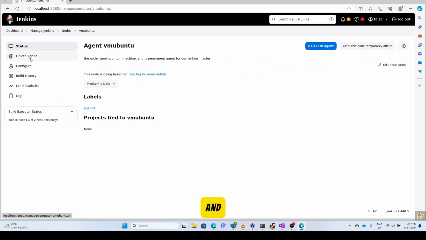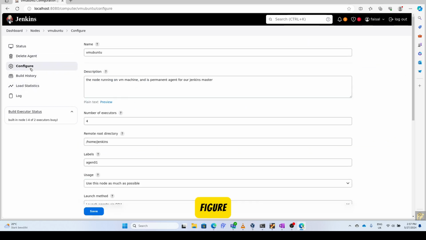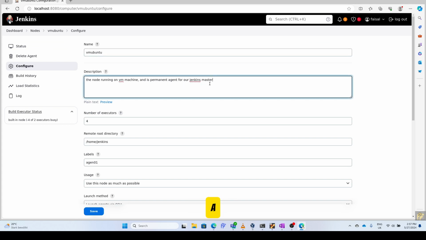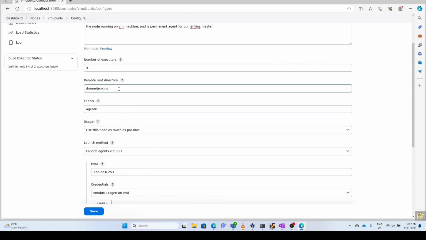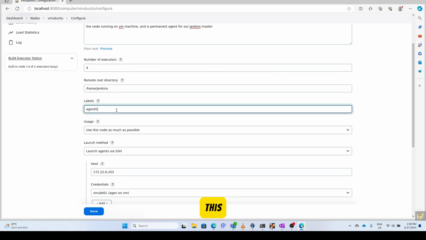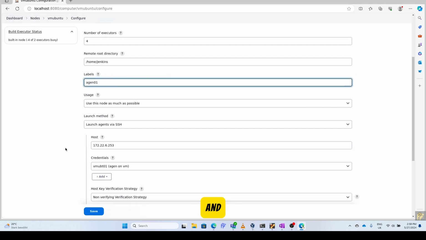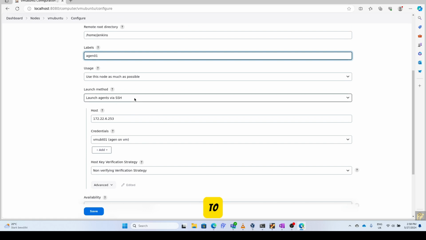Great. And I can configure the node somehow. I can give it a name, whatever name I want to give. The number 4 means how many jobs you want to build in parallel in one go. The home directory, as I said, could be anything. In your home directory, you need to create this directory for the agent, and then we need to set up